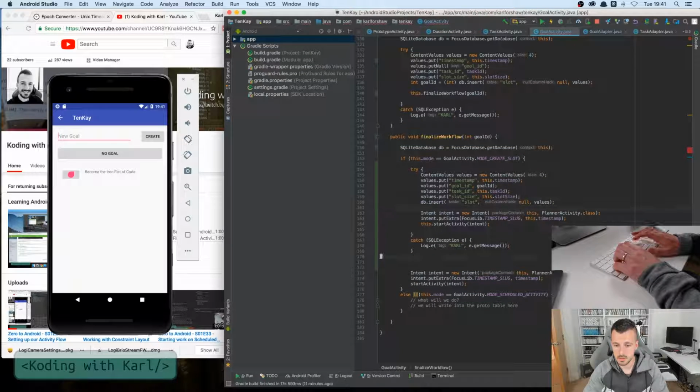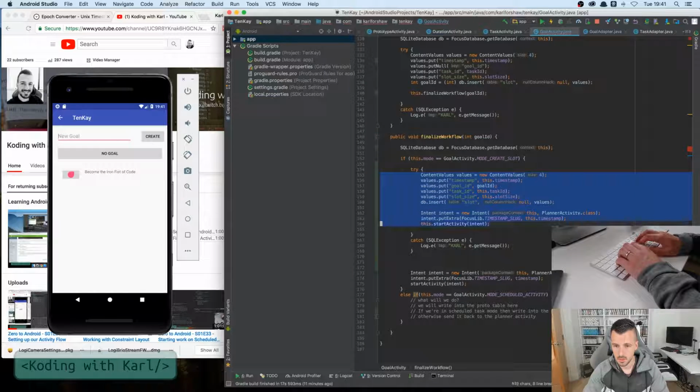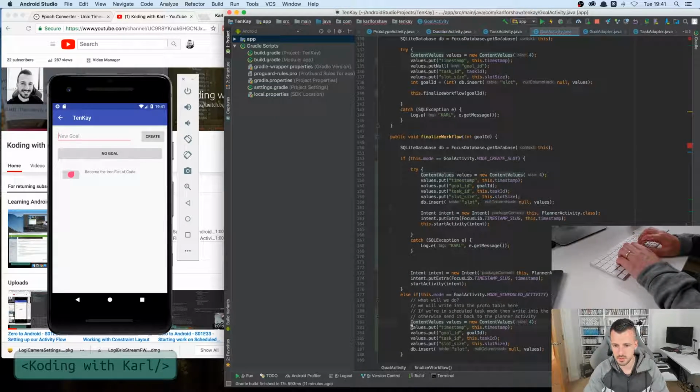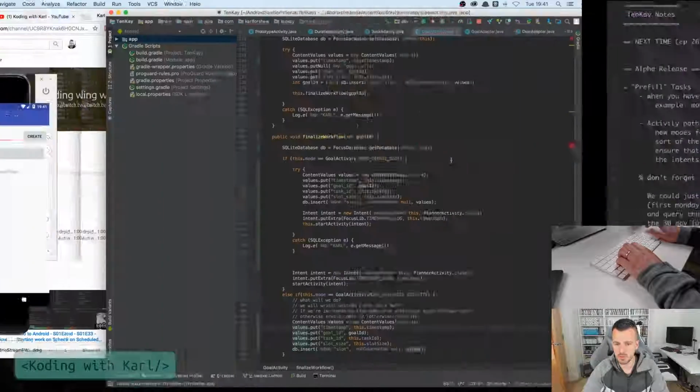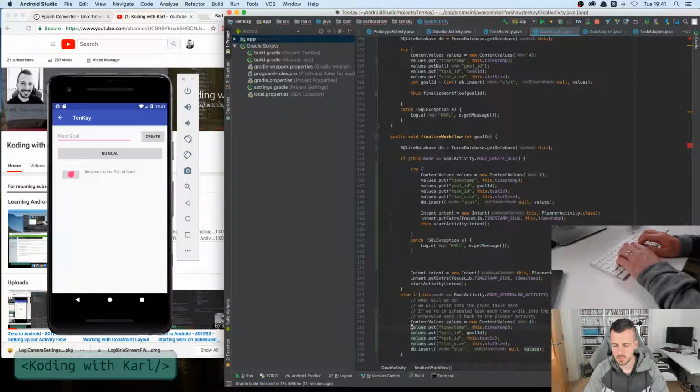And this, we will not write into the slot table, we will write into the prototype table. And in order to do this, we need some extra data, don't we? Because we have a few extra fields. We have task ID, goal ID, operation, input. So